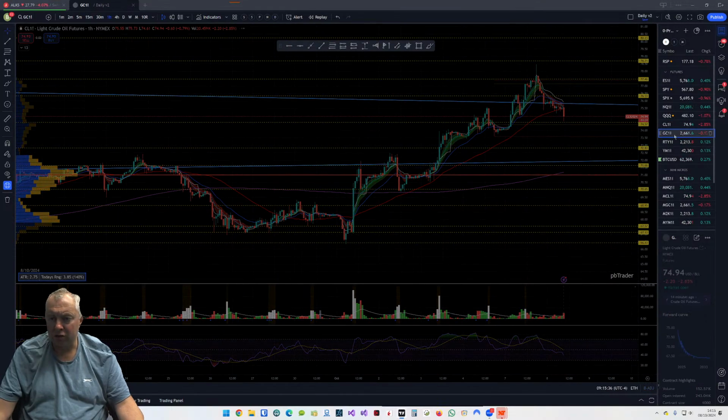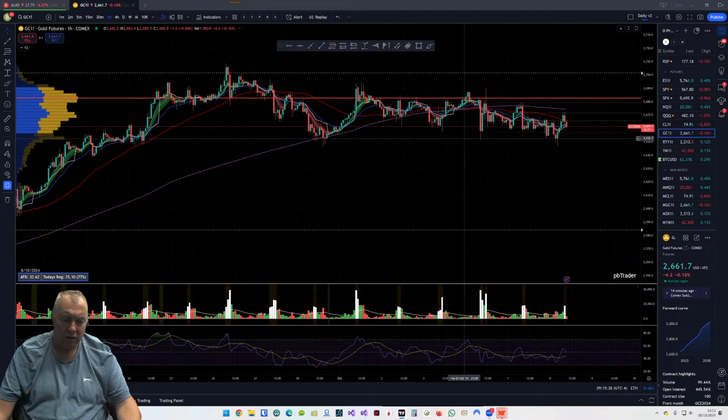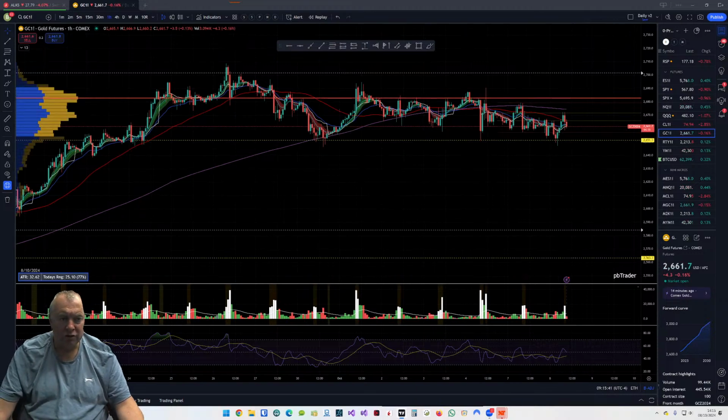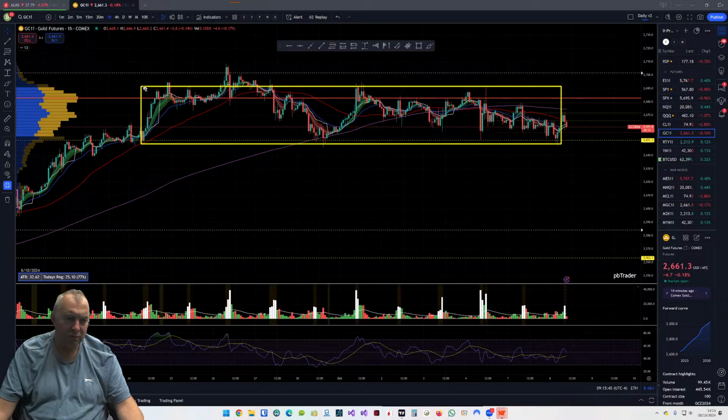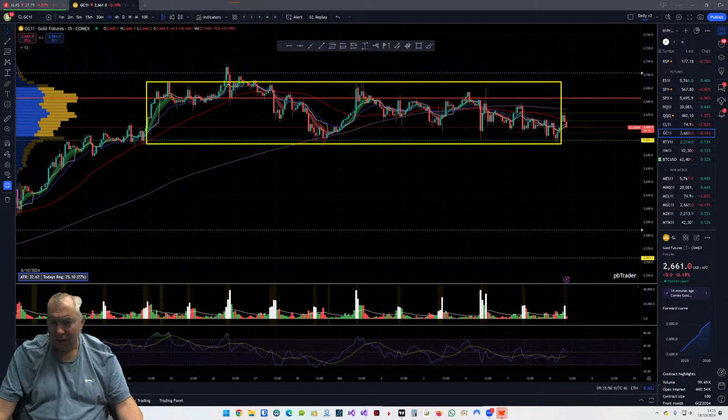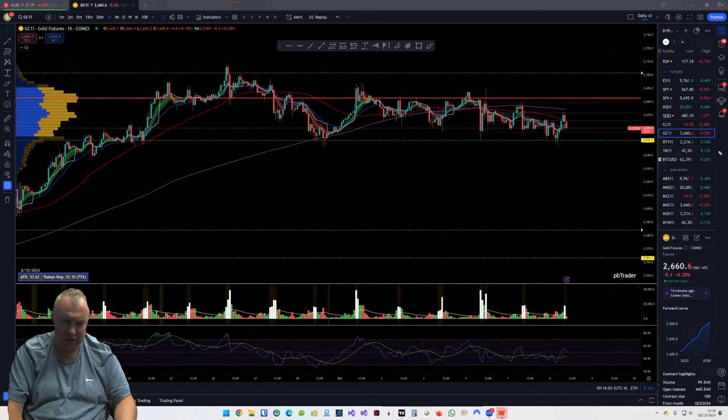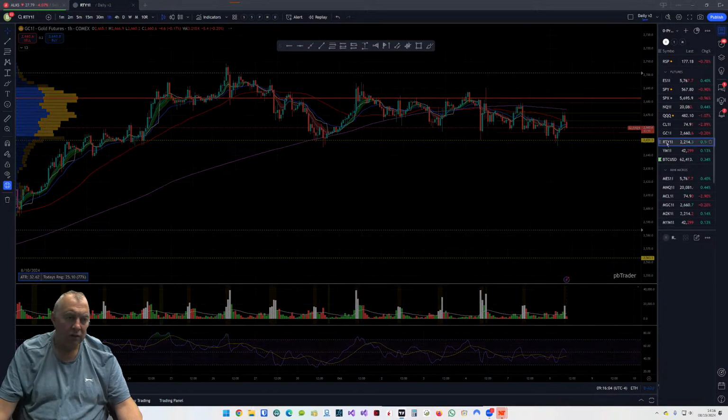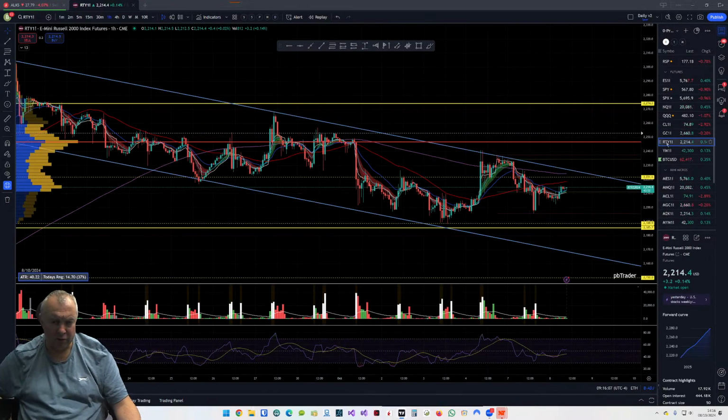Let's look at gold. Again, like all the other charts, it's just sitting in this range, has been now for some time. This range here, you could include that area, and all we can do is watch for the bounce down there, and we can watch for the rejection up here, and that's it really. So bounce at 26.51, rejection at 26.90, and obviously if it breaks those levels, we can look for the break and retest.